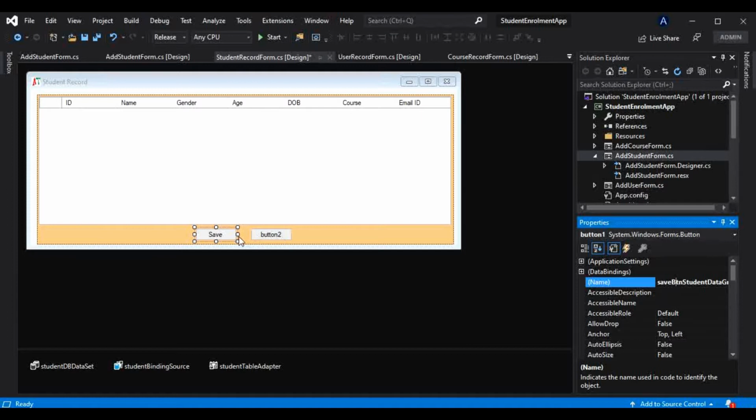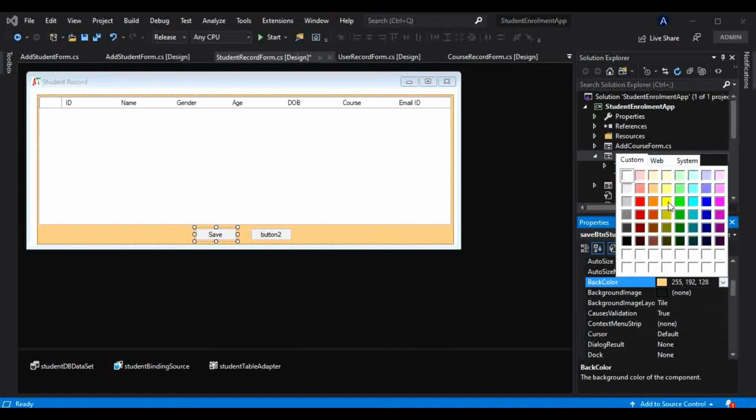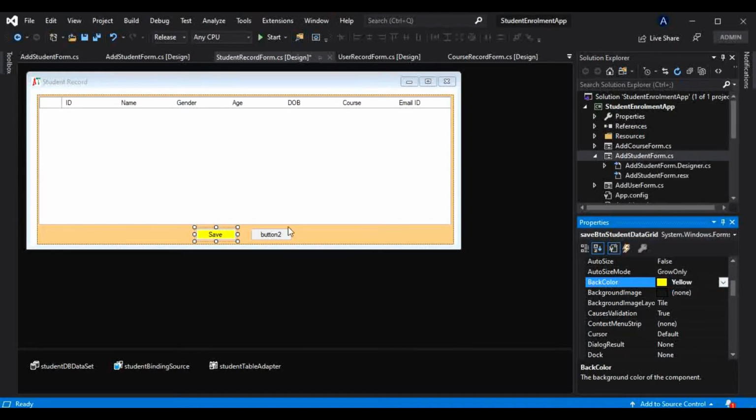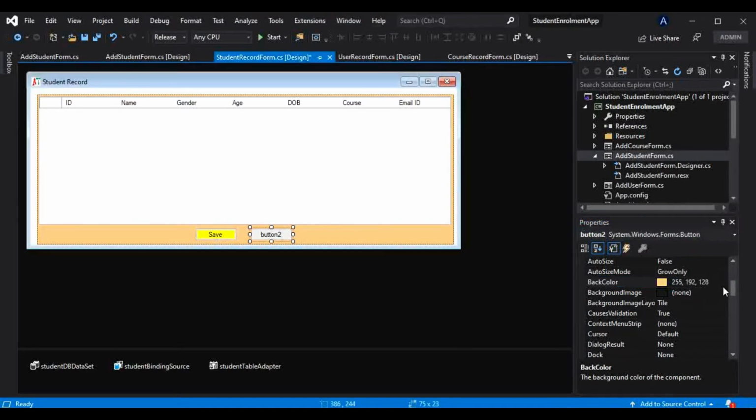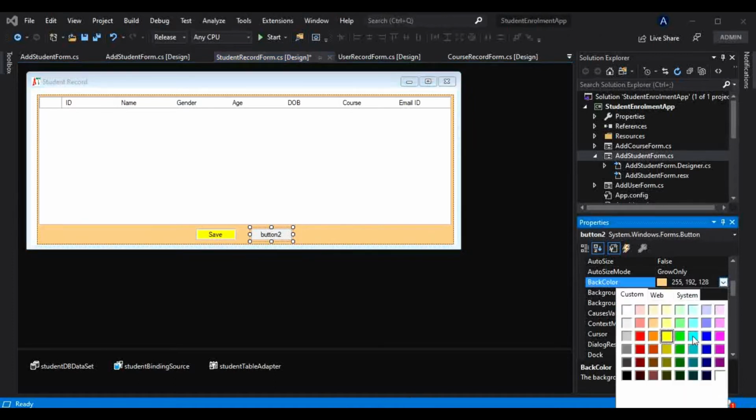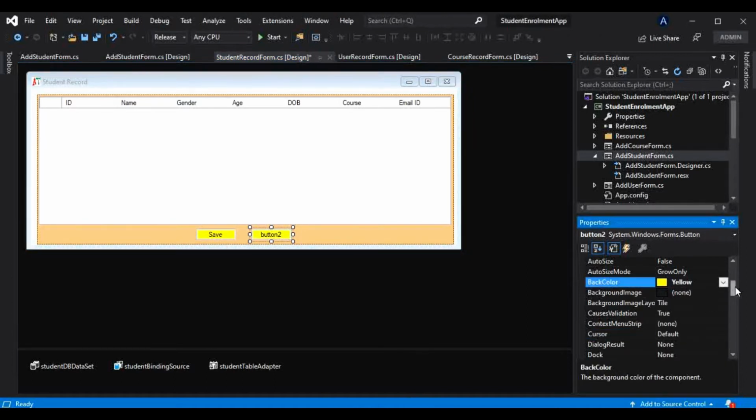Also, I want to change the back color, that is the background color. I will choose that as yellow. Okay, it is looking good. Similarly for button 2, I want the same color, and I will change that name to delete btn student data grid maybe.